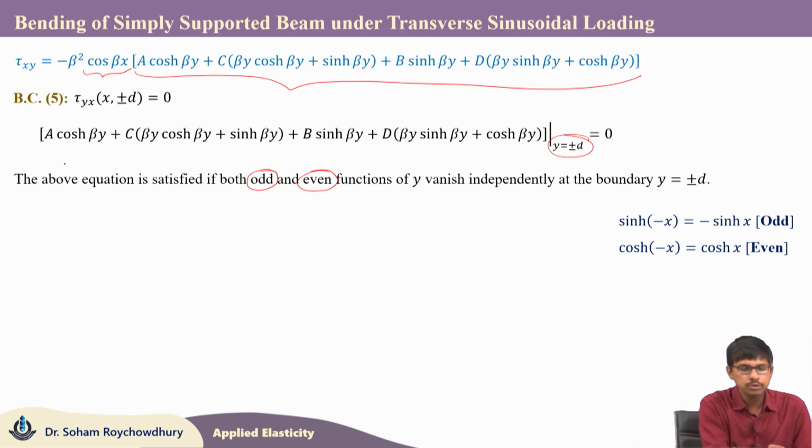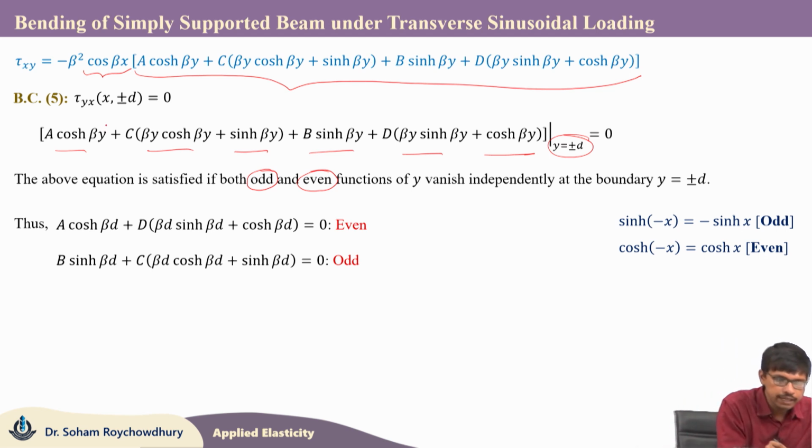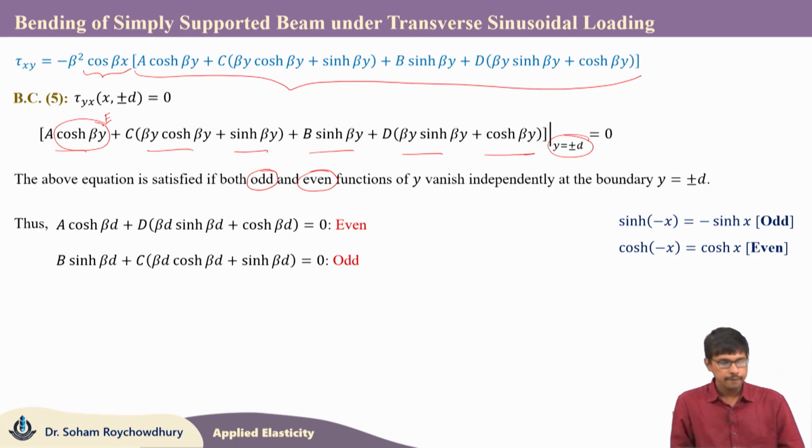Now, here you can see there are a total of 6 terms: 1, 2, 3, 4, 5 and 6. Out of 6, if you carefully check, 3 terms are even and 3 terms are odd. If you look at the even terms, this cosh is an even term. Then here you can see we have one more cosh, that is also an even term, and if you look at